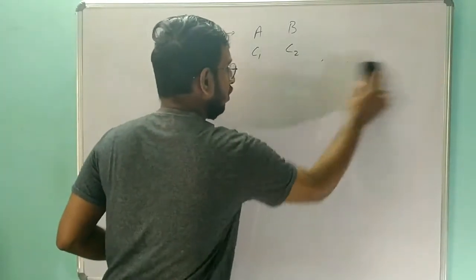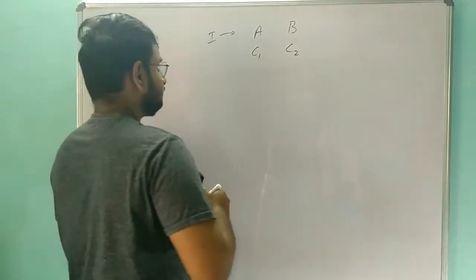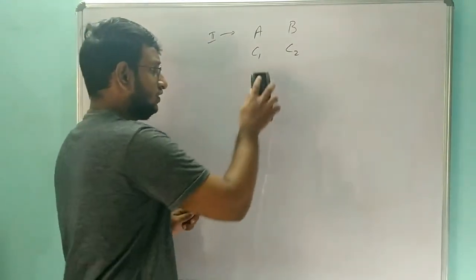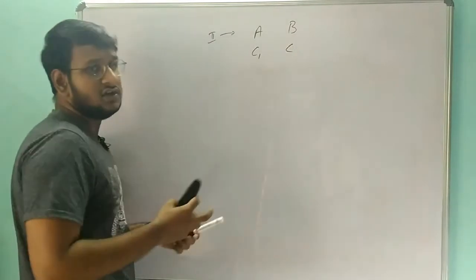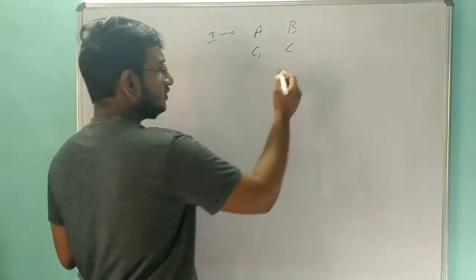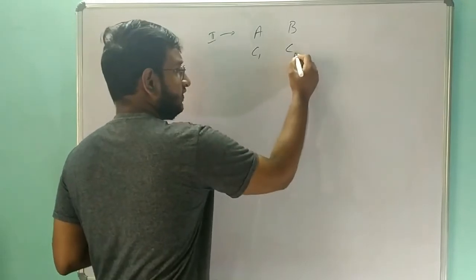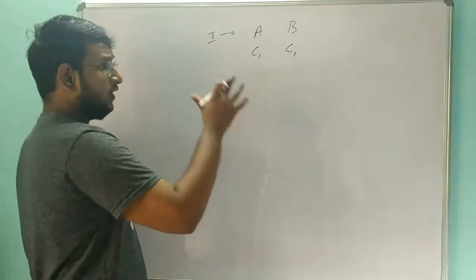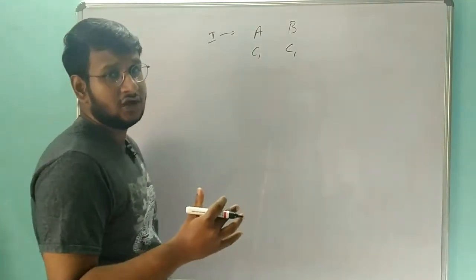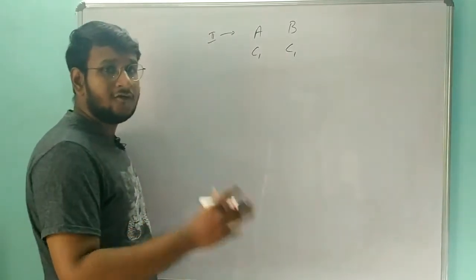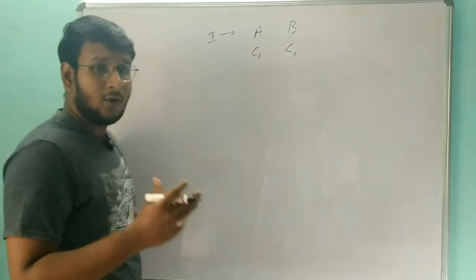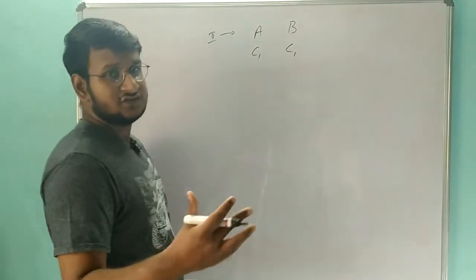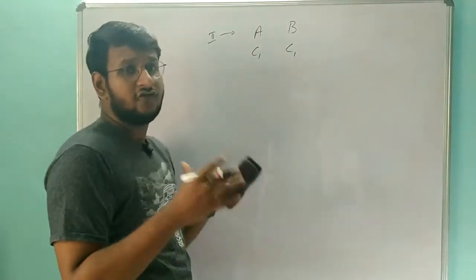So let's move on to the second scenario. In the second scenario, A and B are investing the same amount. If A is investing 2,000, B will also invest 2,000. Their investment amount is the same, that is C1 and C2, but their time period is different. For example, A is investing that particular amount for 4 years, but B is investing that amount only for 2 years. So the time period of investment is differing, and then their ratio of profit will also differ.